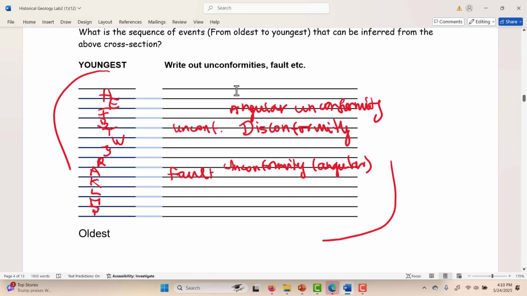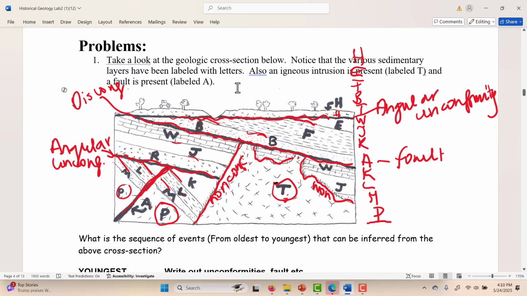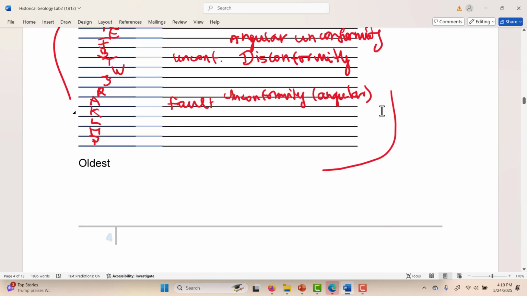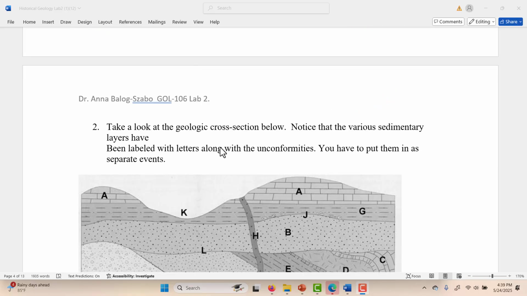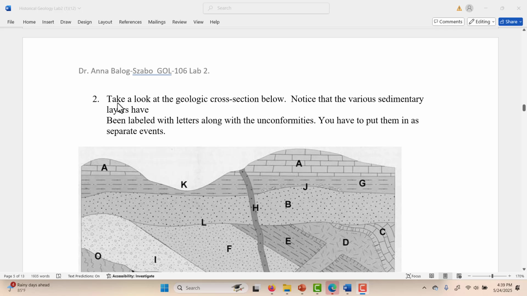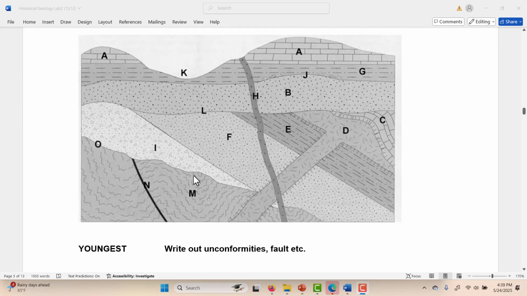Okay, so we just finished solving this problem right here. After we finish this problem, there is the next one, number 2. And I'm not going to solve this with you, but I just want to point out that the M, see